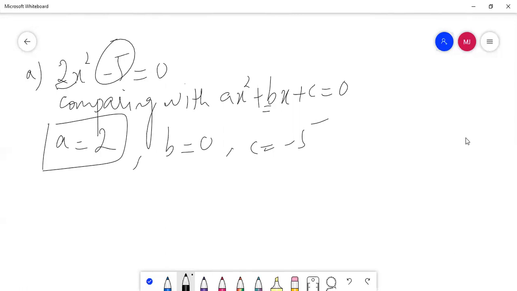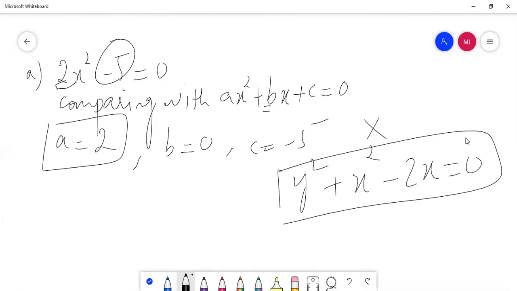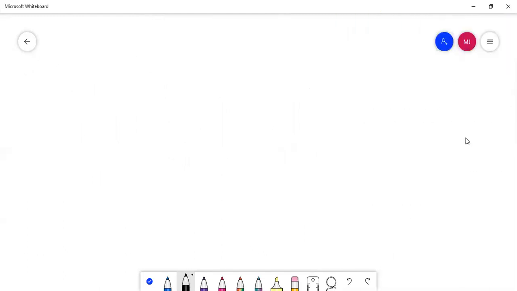Okay, it can be in form of y as well, in form of z as well, but with single variable. I mean, if the equation like this is written, now this is not quadratic equation because there are two variables. Okay, so quadratic equation must have one variable in itself, whether it is y, x, z, t or anything, but one variable should be there. Okay, let's give another example.